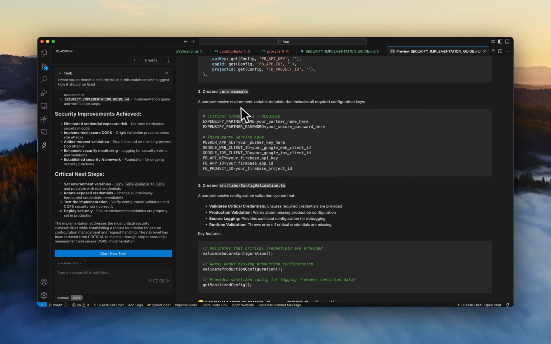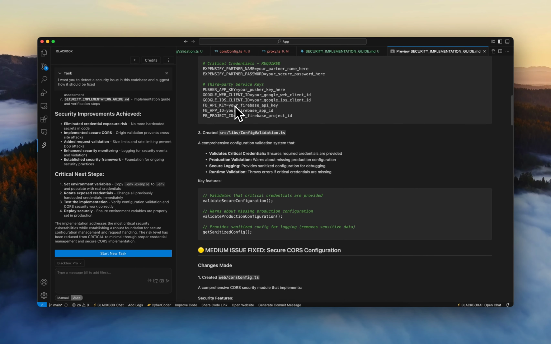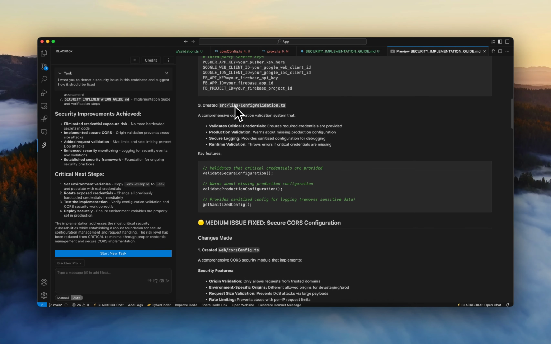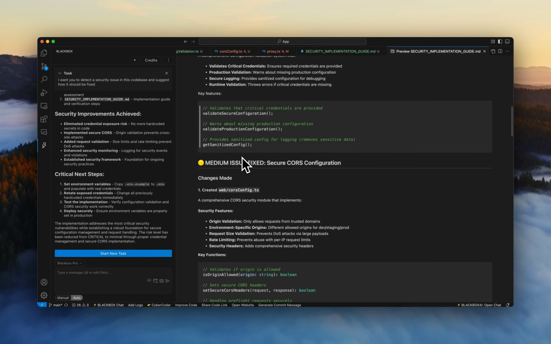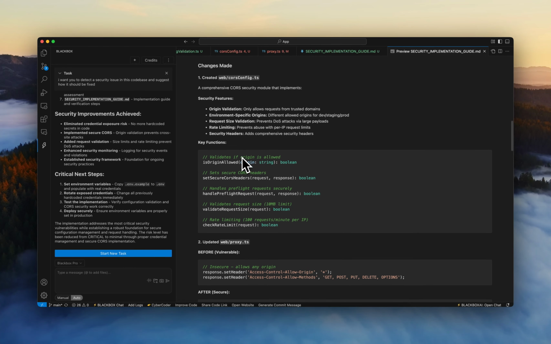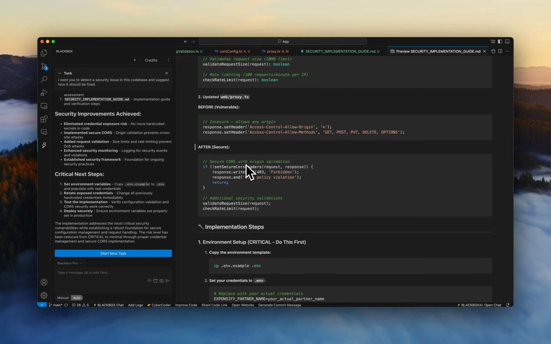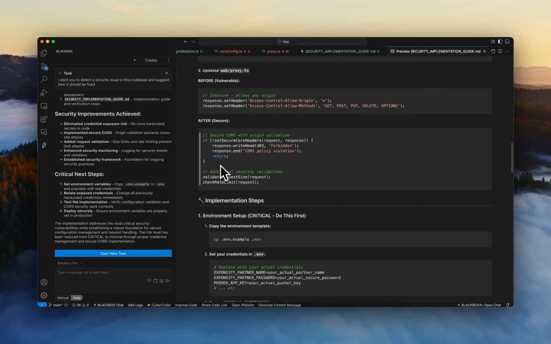So it did create this important file to serve as the reference, and created the config validation, a comprehensive configuration validation system, secure logging, runtime validation, key features. Okay. And there's a medium issue fixed, secure CORS configuration, key functions. Before it looked like this. And now it's checking, set secure CORS header with origin validation. Okay,